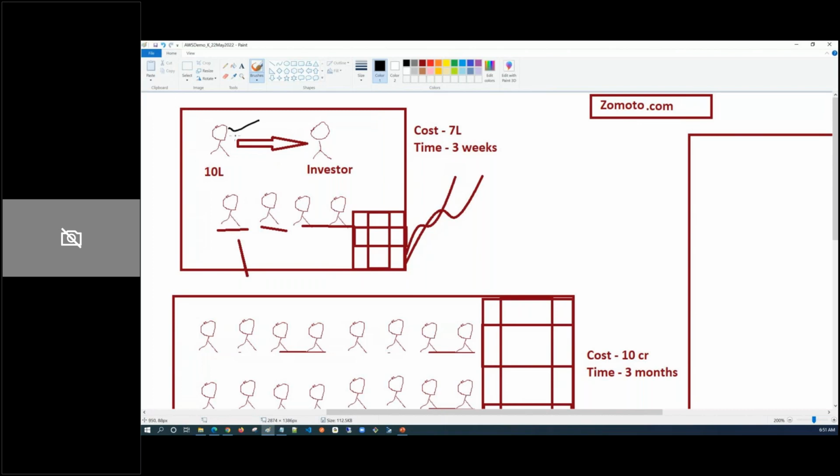So what this guy has done, he has visited an investor, a big shot who has a lot of money. He has liked the idea of Zomato. What is Zomato? It's a food delivery app. So let's say